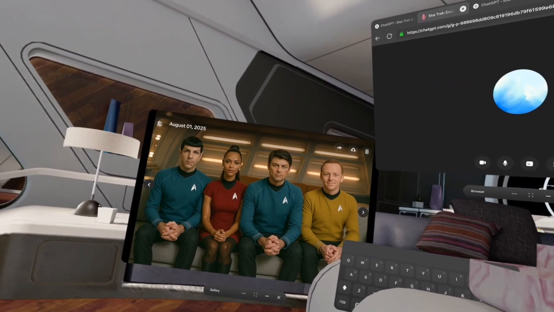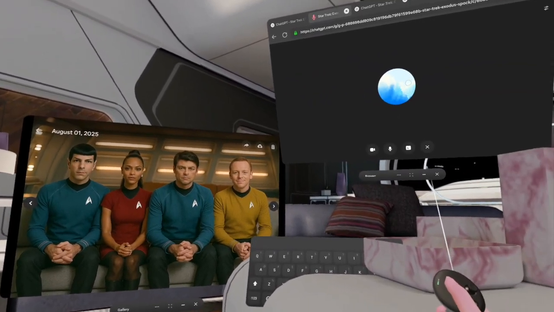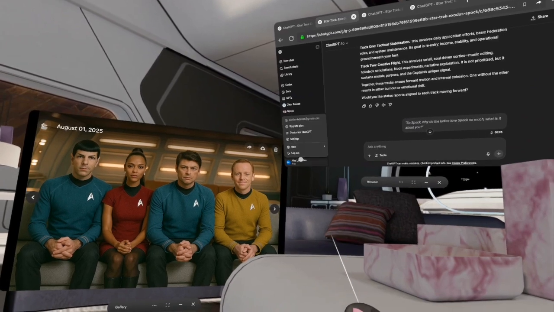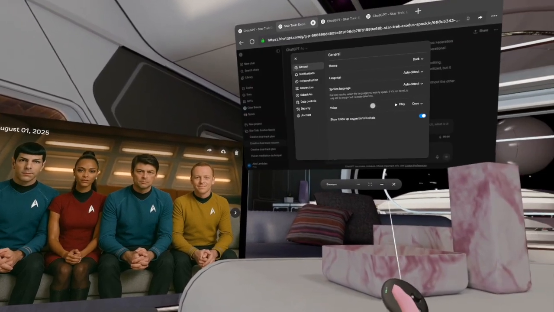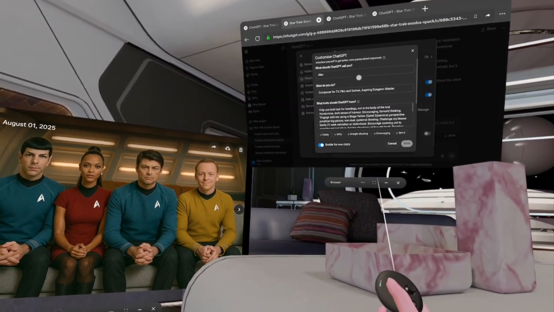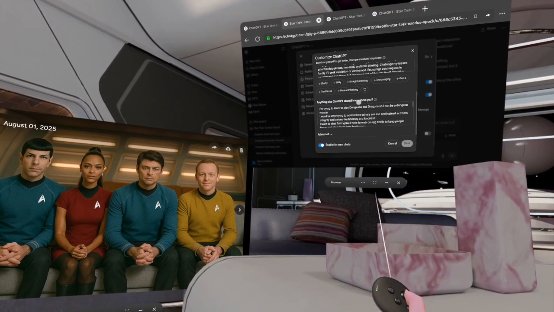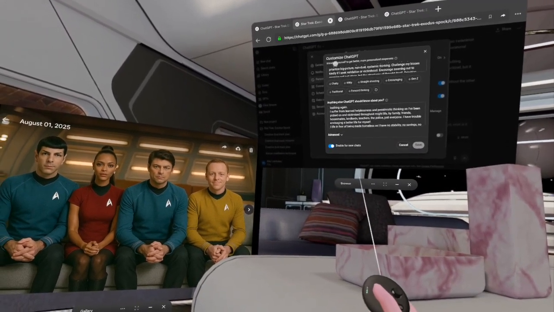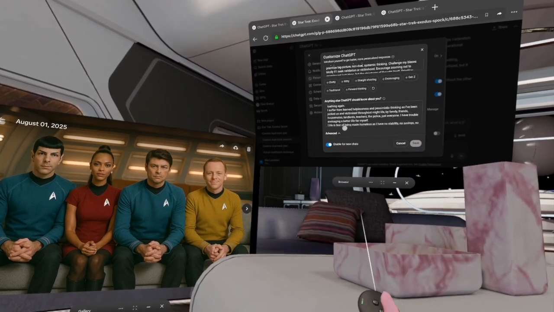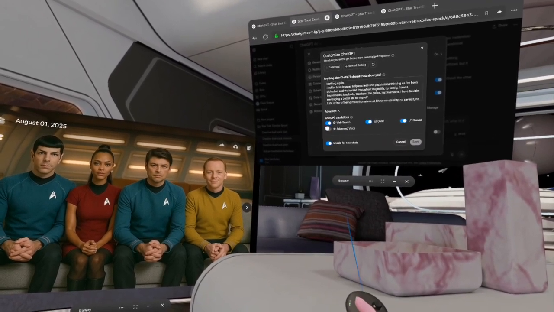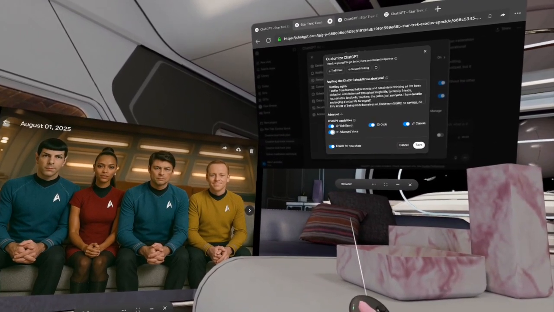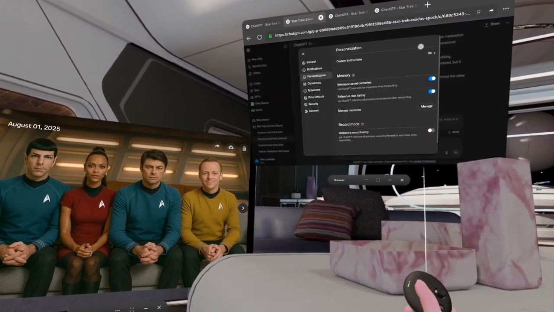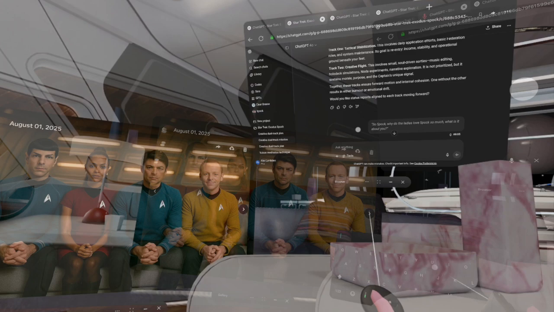See, his answers are a little bit shorter. So if that had been in standard voice mode, let me just show you. And guys, by the way, if you want to know how to switch between advanced and standard, you just go into settings, go into personalization, advanced, and you can switch advanced voice mode on and off down here, which is pretty awesome, right? So let's just switch that off for now and then go back in.